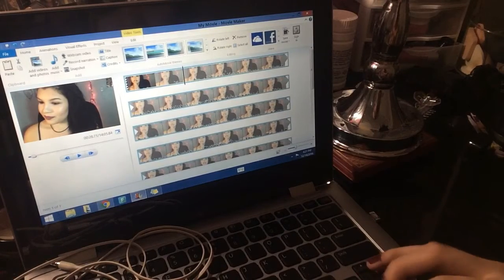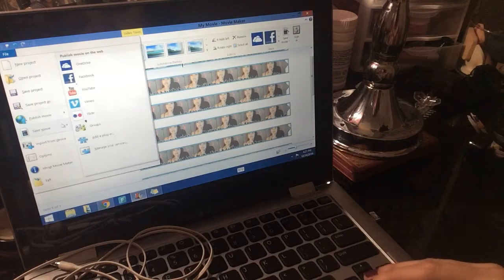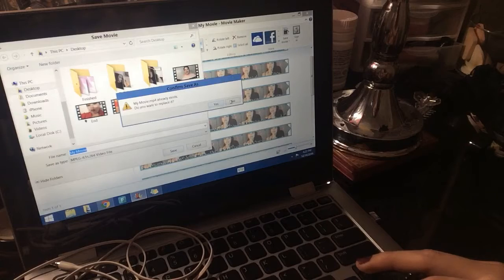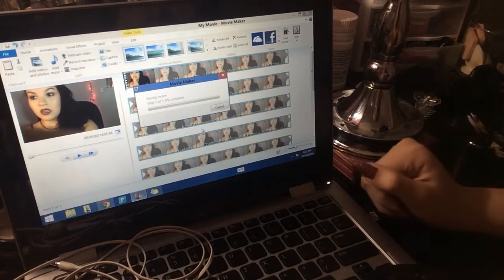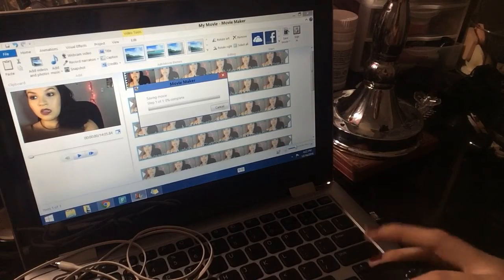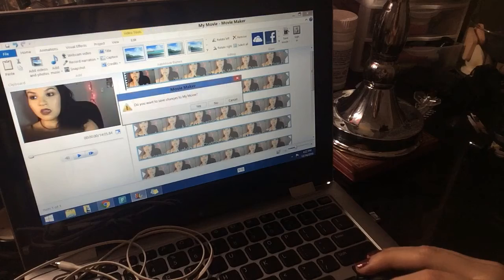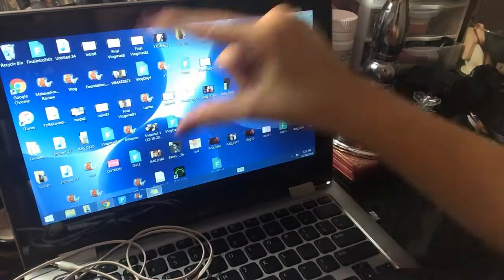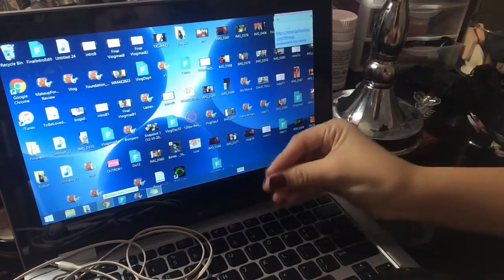So then from here I also do have to export this, and if I were just to do that right now, okay, this would also take a little while, and this part does take the longest, so I have to do that with the raw footage, and then I can upload that onto Filmora, and then everything will be in sync, which I really hate doing, but that's what I have to do for all of my videos,